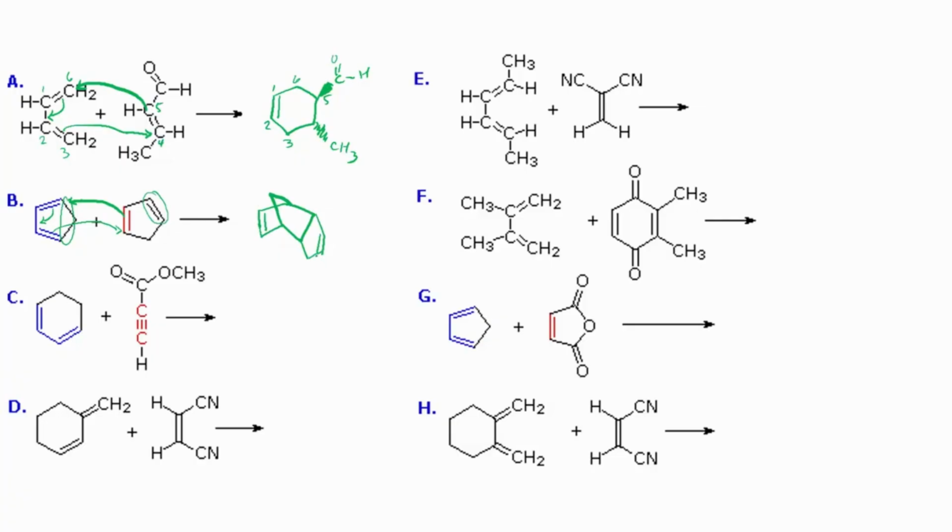Here for C, I have a triple bond, so I know I'm going to end with a double bond. Now I am locked in this cis position, so here I'm going to come after this carbon, drop the pi bond, make my new sigma bond. So to draw this reaction, or to draw this product, I should say,